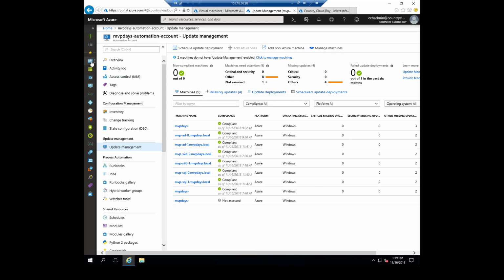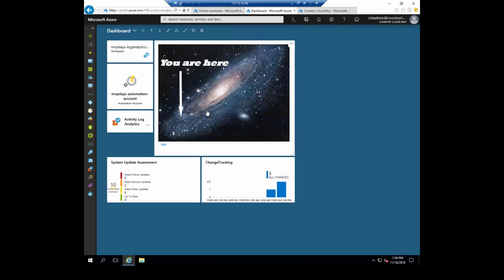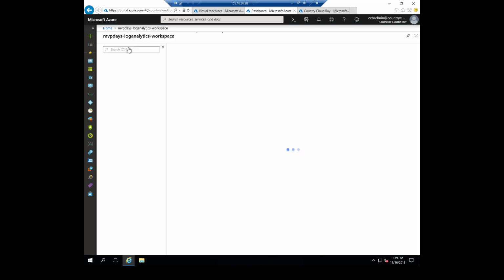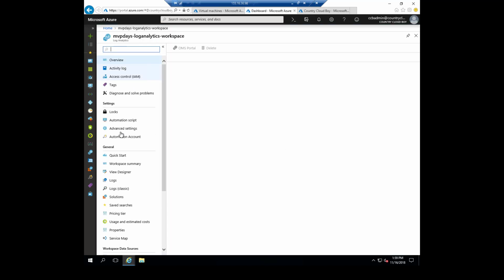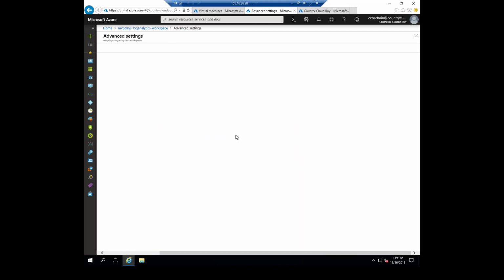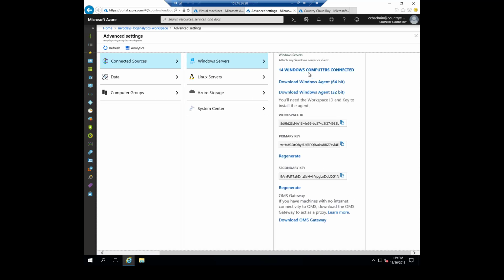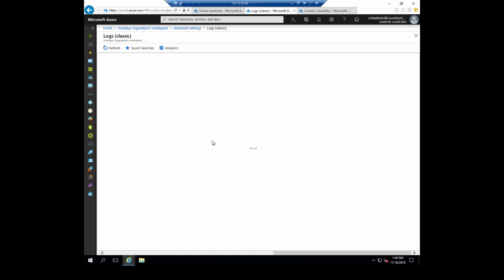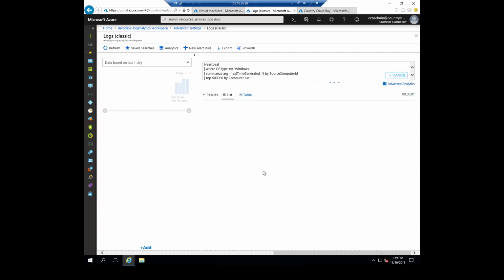If you go over to your Log Analytics workspace, under the advanced settings, you'll be able to see how many machines have been reported in. Right now we should have 14 machines connected. Some of these are old machines that don't exist anymore, but you'll at least be able to see that the machines that we just recently added the extension to should be showing up here pretty shortly